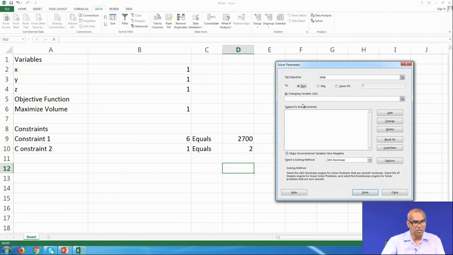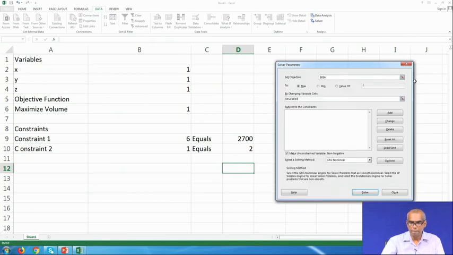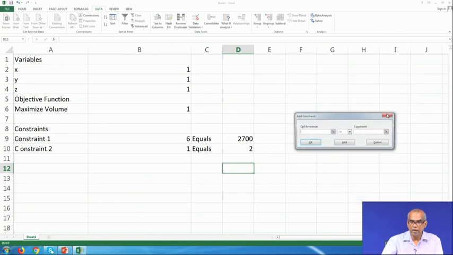By changing variable cells, click the red button and then drag x, y, z. So, B2 to B4 appears. Now, we have constraints here. So, click on add button.